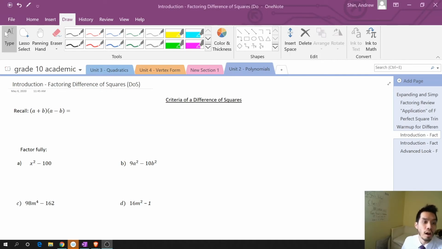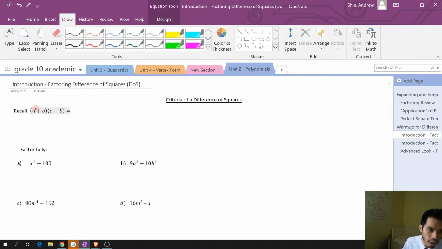Welcome to an introduction of factoring difference of squares. So to recall, we have (a + b)(a - b). What we want to do is expand that. So if I were to expand that, it would be a times a, which is going to be a squared,